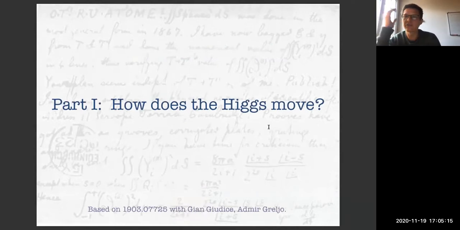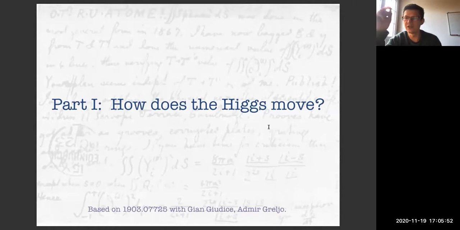So the first part of the work is really concerned with a question that I think is quite important, and it's a question that we can discuss with our colleagues in other fields and even with lay people who are just interested in science. And the question is, how does the Higgs move? We spend a lot of time discussing things like, what are the Higgs couplings? What is the Higgs width, which is related to how it moves, how it decays? What is the Higgs self-interaction? We connect that often to the question of what is the shape of the Higgs potential. But I think equally important is the question, how does the Higgs move?